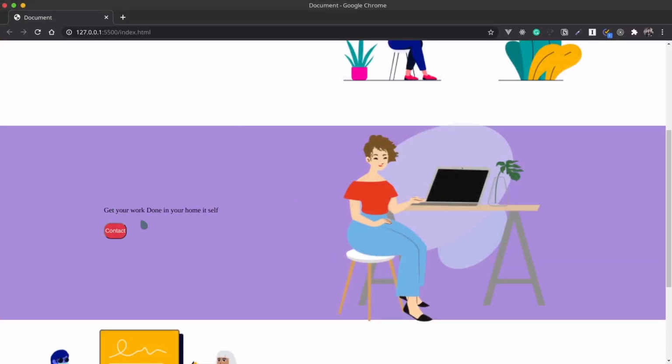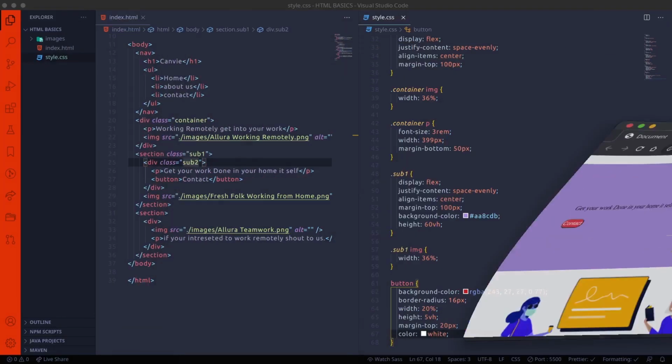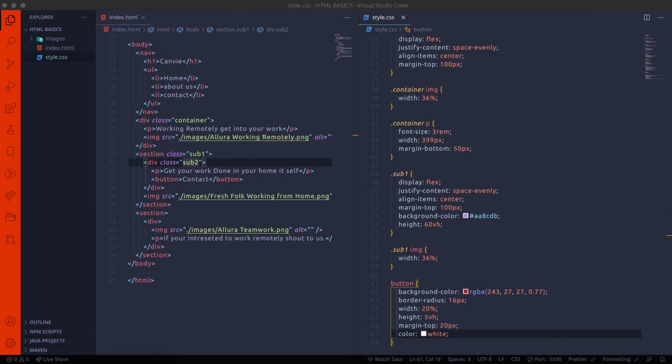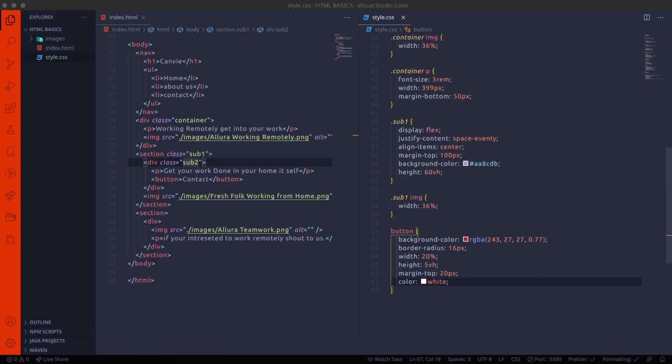So I want to increase this text font size. So now increase the sub paragraph size.